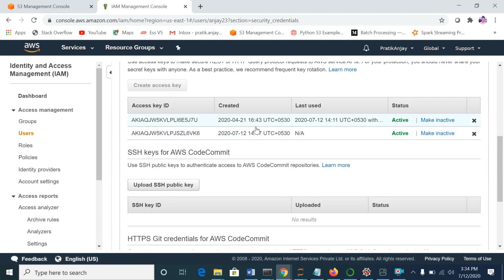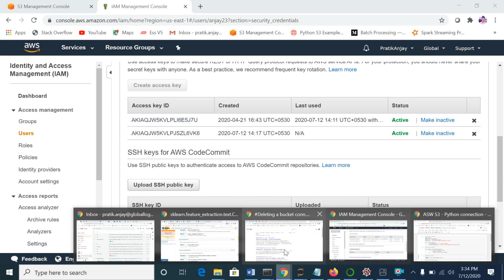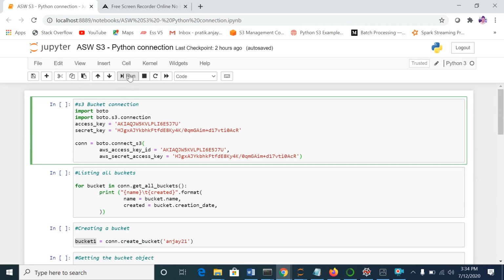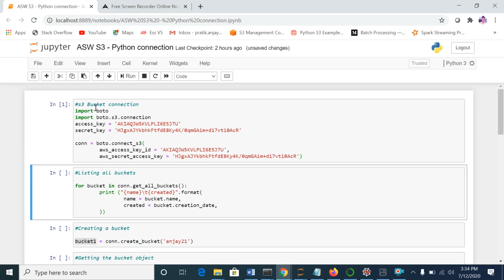That is a kind of secret key, or let's say configuration key, through which you are giving access to use Amazon S3, and also to use files that are available in Amazon S3. So I have already entered my access key and secret key over here, and I will just run this command. Then my command is executed, and I believe the connection has been made.